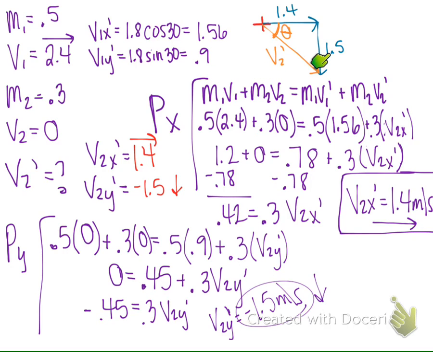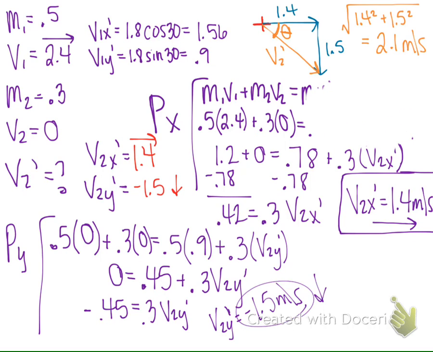Okay, so let's do a quick review if we need to about how to solve for this. To solve for v sub 2 prime, we use what? To solve for the side of the triangle, we use Pythagorean theorem. So we'll take the square root of 1.4 squared plus 1.5 squared. And that should give us, I think, 2.1. All right, so that's half of our answer. To solve for theta, do second tangent, opposite over adjacent. Exactly. To solve for theta, we're going to take tangent inverse of our opposite side, 1.5, over our adjacent, which is 1.4, and we get